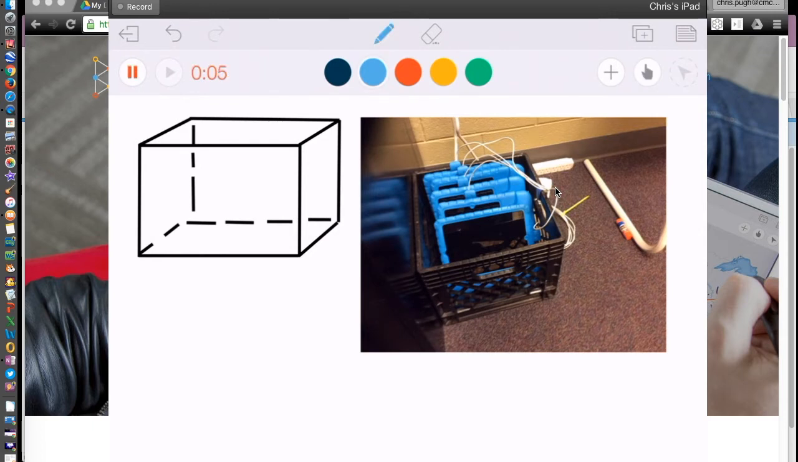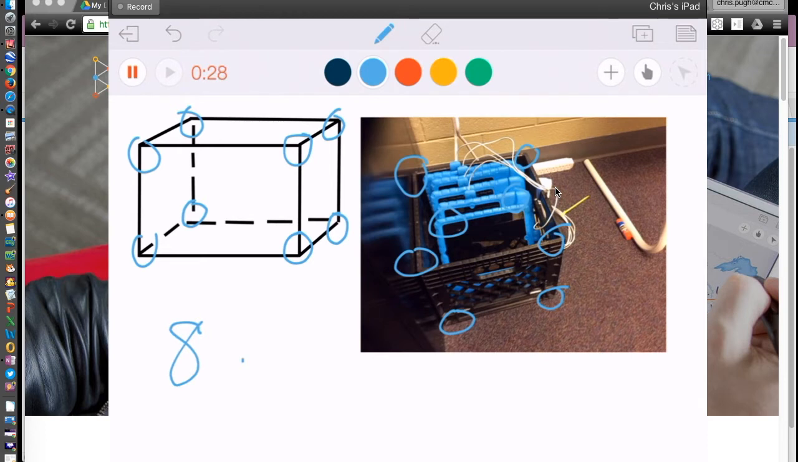Let me use the pen. This one has 4 vertices on this end and 4 vertices on this one, including one that's hidden from view. The real world one we have in our photograph has 4 on the top, 2 on the bottom and the front, and then 2 that are hidden from view because of the iPad sitting inside of the box. There are 8 vertices